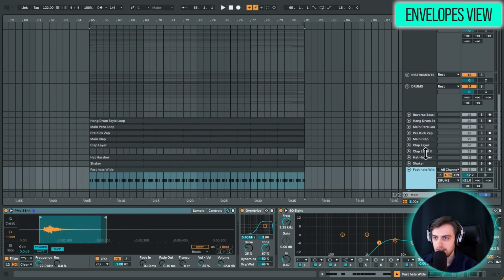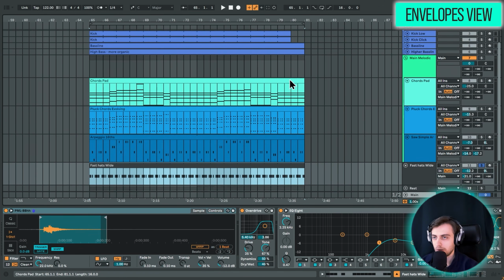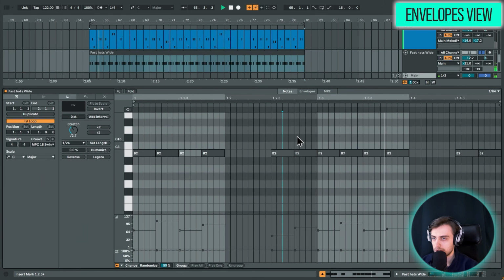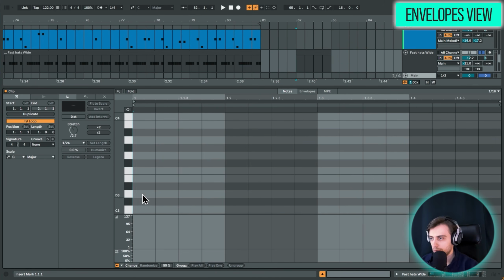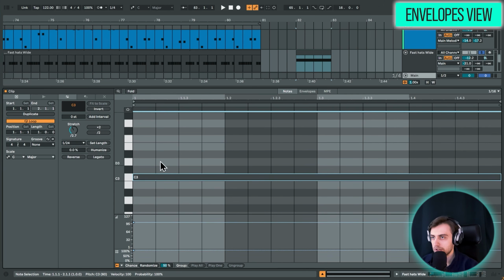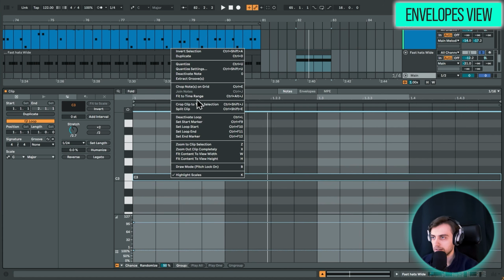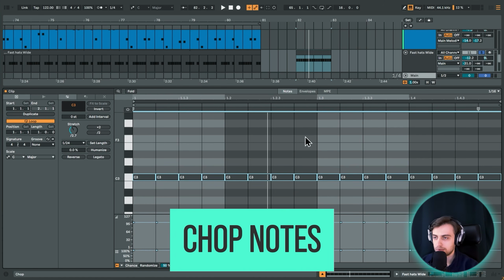Let's take a hi-hat track out of the rest group and just put it below our main parts. I'm just going to add a blank MIDI clip with a duration of 1 bar. What I wanted to show you is how you can easily chop notes. So we just have a single C3 note here. But if I right click on it and choose chop notes on grid, we easily get chops according to the